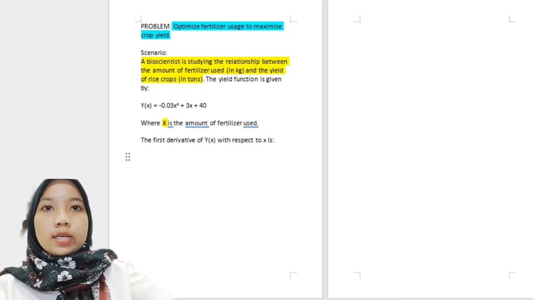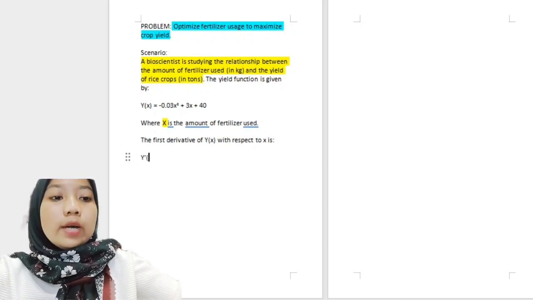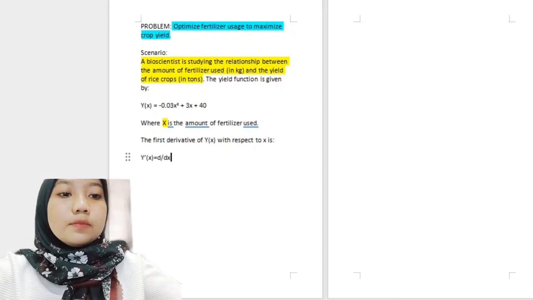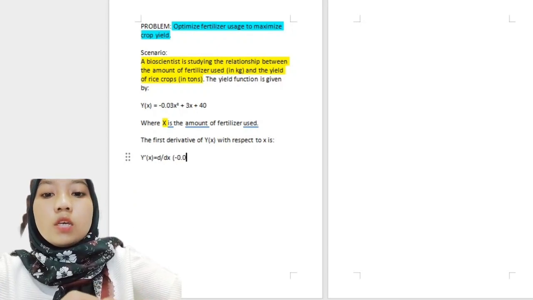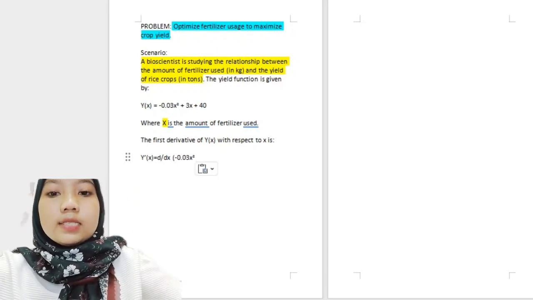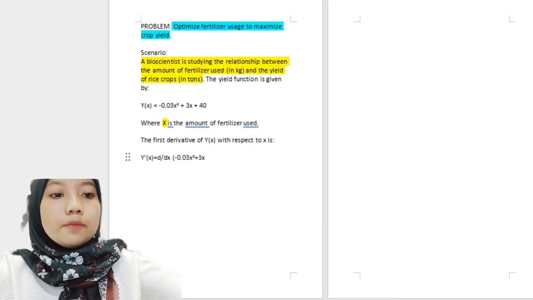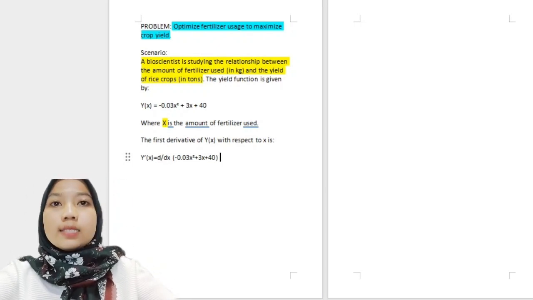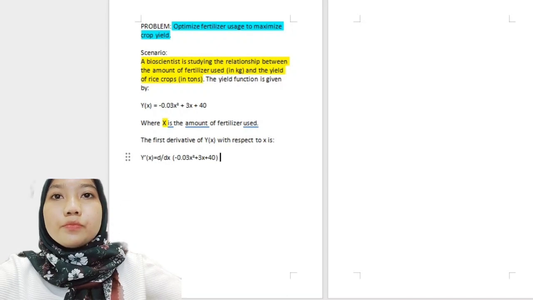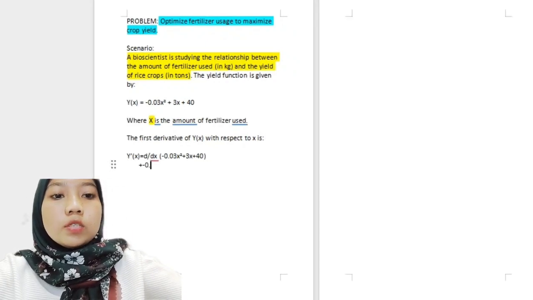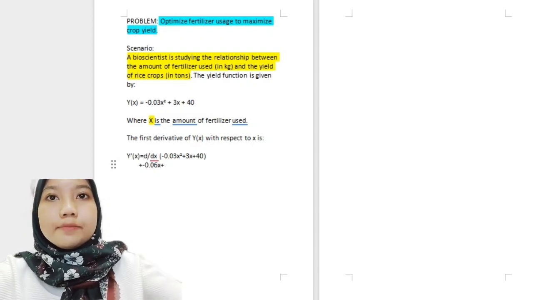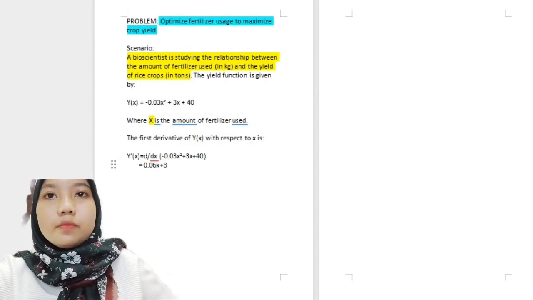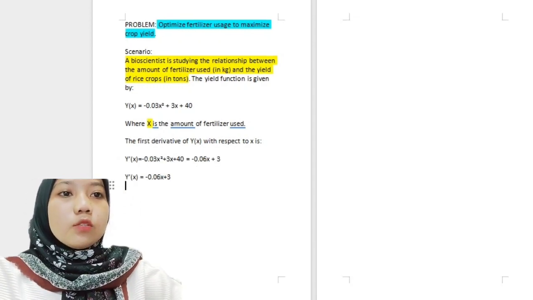So the first derivative of y(x) with respect to x is y'(x) equals d over dx of negative 0.03x squared plus 3x plus 40. And we will differentiate, and we will get the answer, which is negative 0.06x plus 3. Okay. After that, to find the critical point,